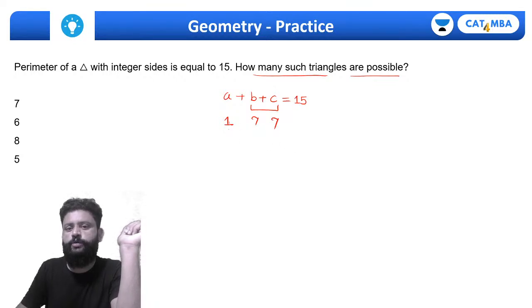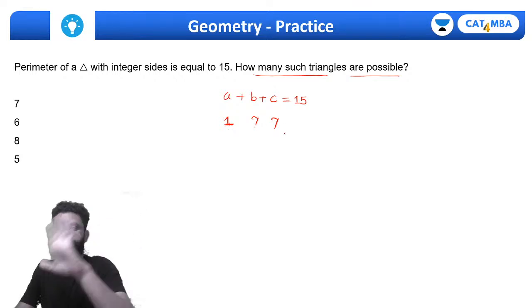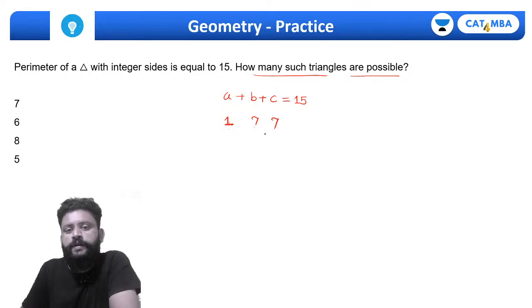15 का हाफ कितना होता है? 7.5. तो हमें 7.5 से ज्यादा लाना पड़ेगा ना, दो साइड्स का एडिशन. So when I am trying 1, I am trying the third side, second side is 7 and 7. That's the one possibility. Another thing, अगर तुम 1 के साथ दूसरा कुछ भी ट्राई करने जाओगे, 1 के साथ